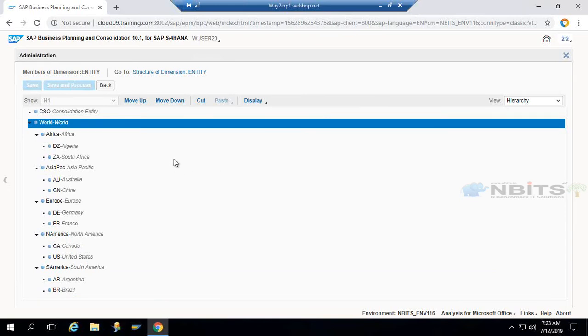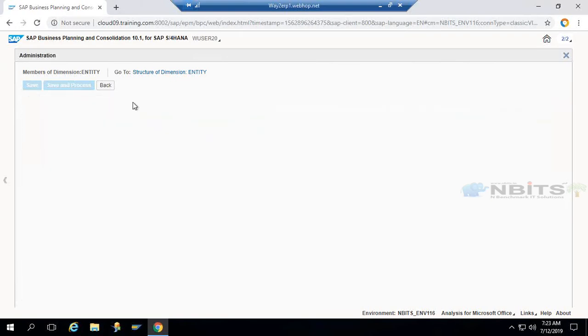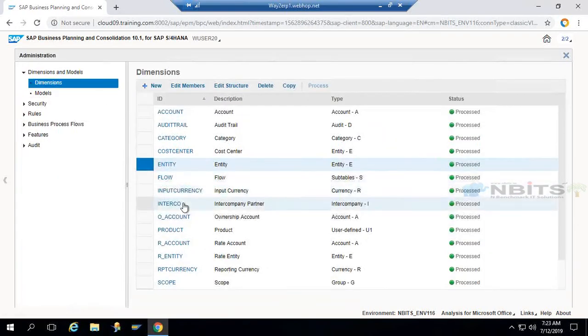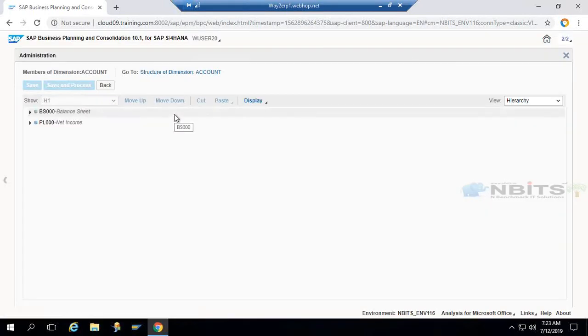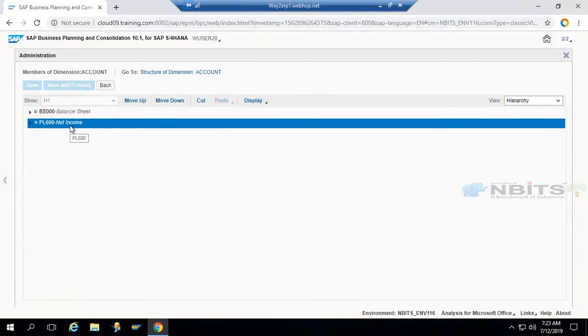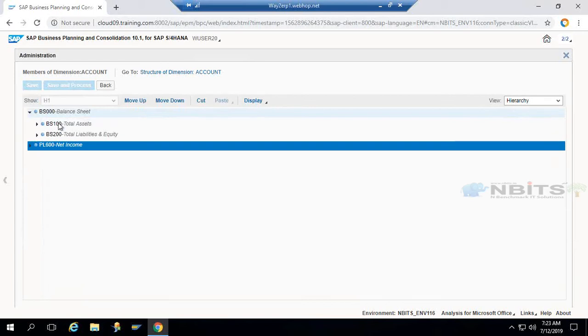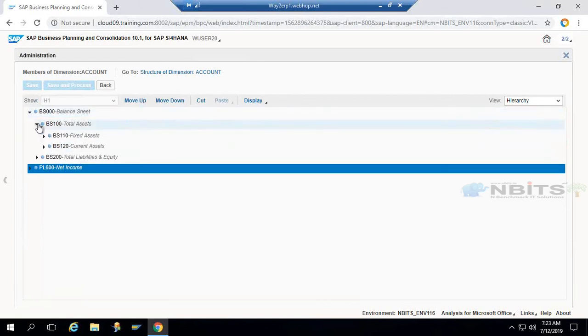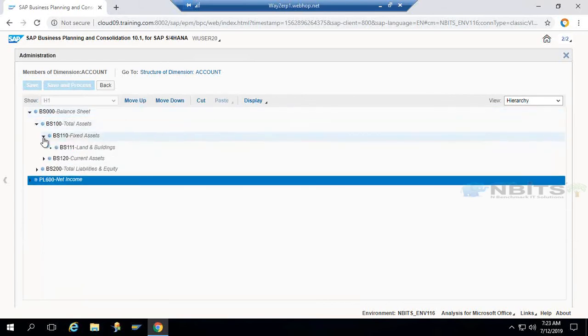Okay, so I'll show you another dimension and how the hierarchy looks. Let's take the account dimension. See, it is already in hierarchy view. Let's say initially you get this kind of screen. Once you select view as hierarchy, you can see balance sheet and net income are the top nodes in this dimension. And if you expand balance sheet, total asset, and if you expand total asset, fixed assets, and if you expand this,